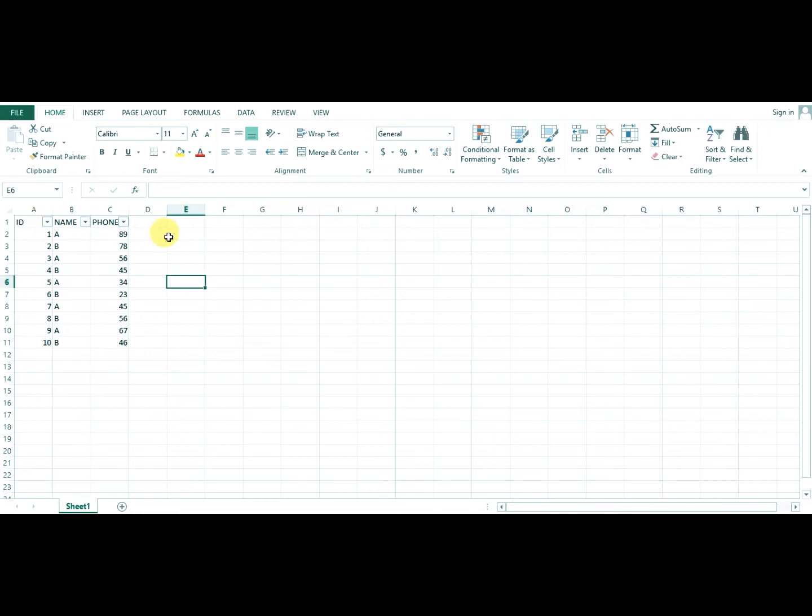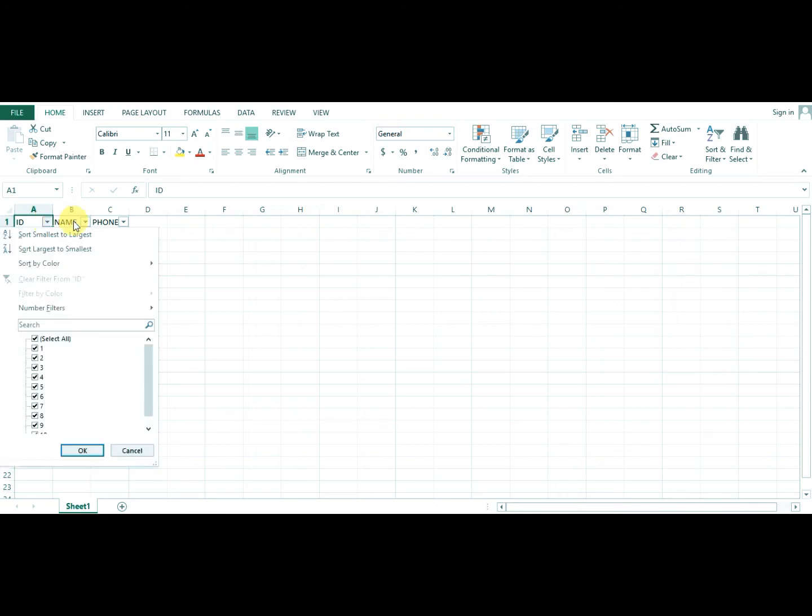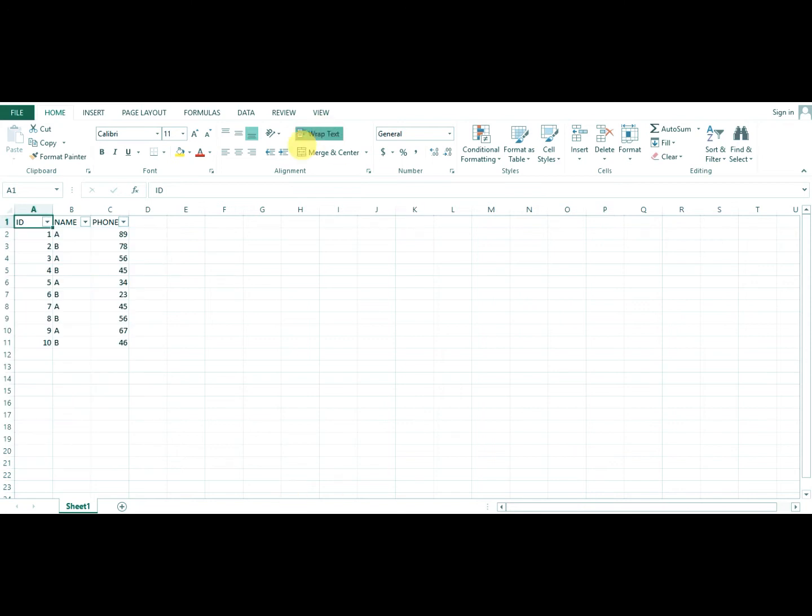How can I find out whether the filter is inserted or not? When you insert a filter in your table, you can see a drop down added in the specified columns. You can see this column has a drop down, this column has a drop down, and this column. So you can easily find that your filter is inserted in your table.